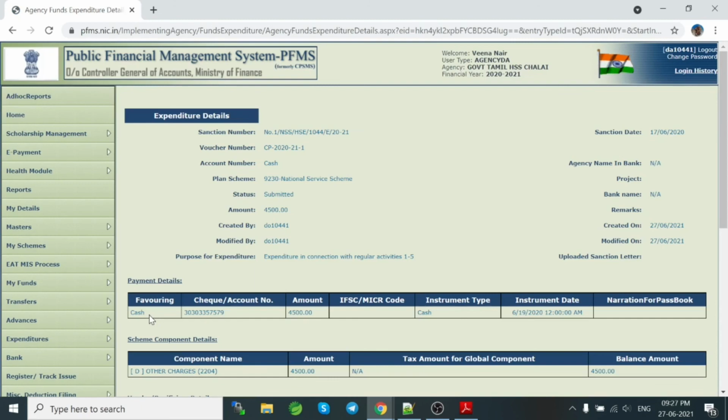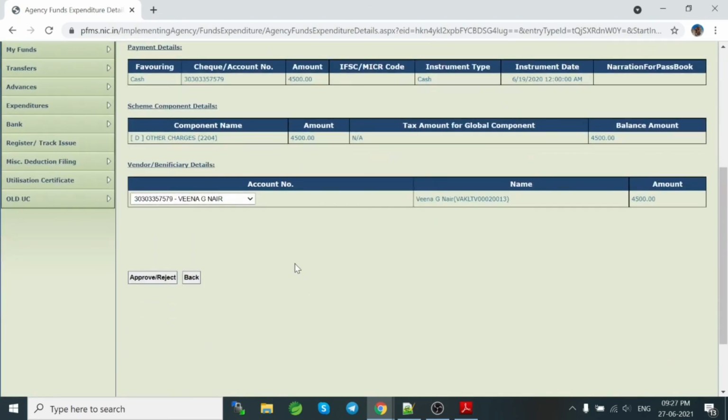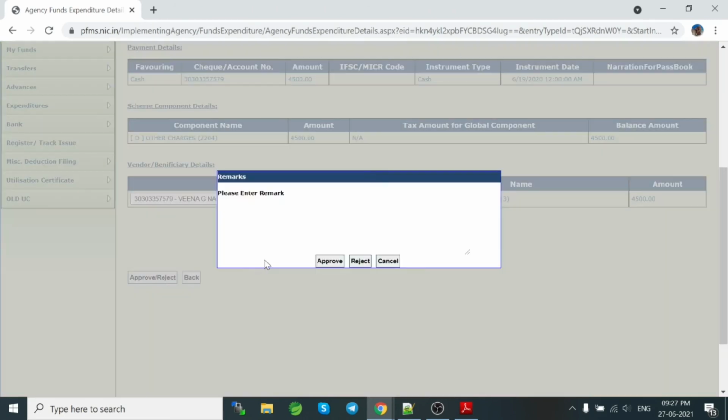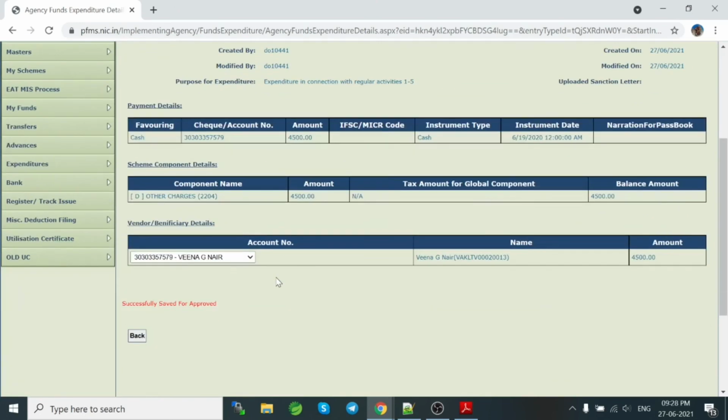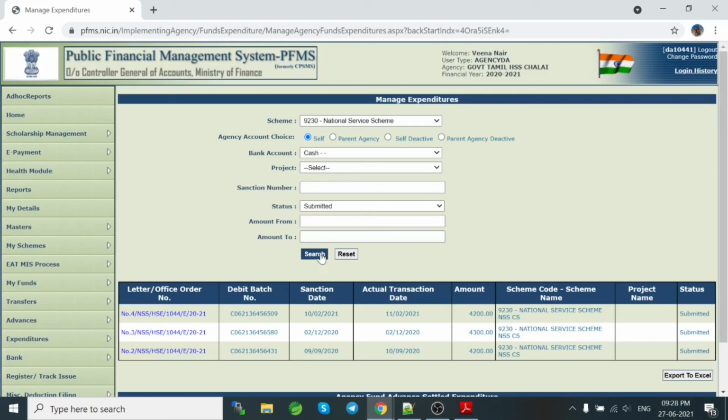First I'm selecting this, click approve. Here you can give a remark. Now I'm giving approved. Again I went back, just click search.